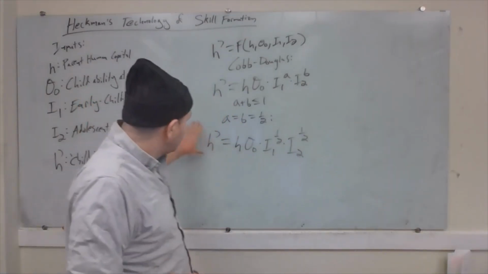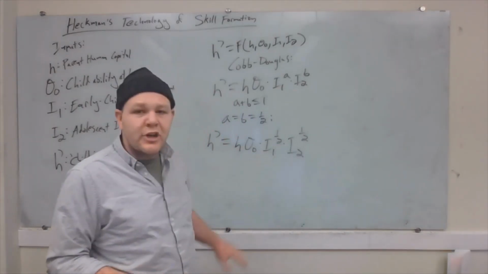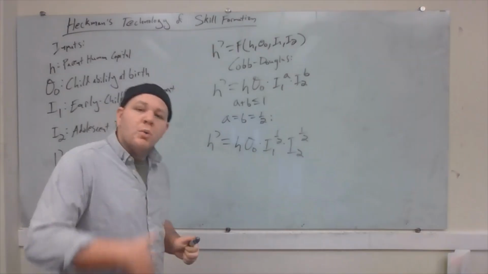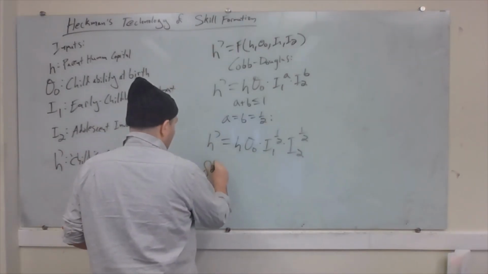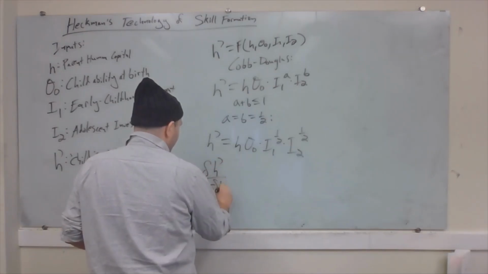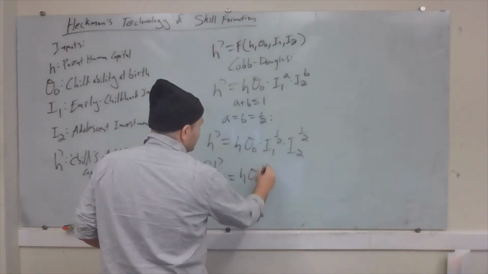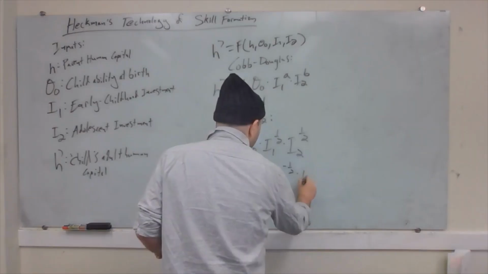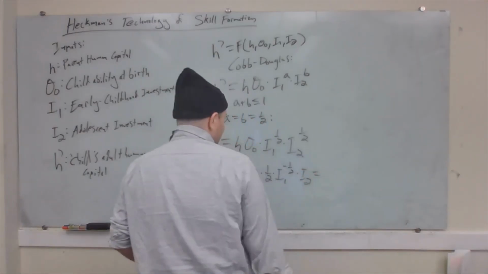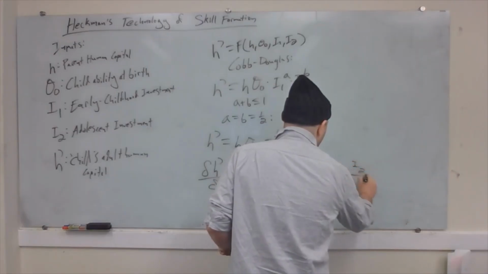So if this is our production technology, what's that going to imply about the productivity of investments in early childhood or later childhood? Well, we can think about this by taking our partial derivatives, right? So we can say dH prime dI1 is going to equal H times sigma naught times 1/2 I1 to the negative 1/2 times I2, right? This is going to equal H times sigma naught times I2 over I1, all to the 1/2,